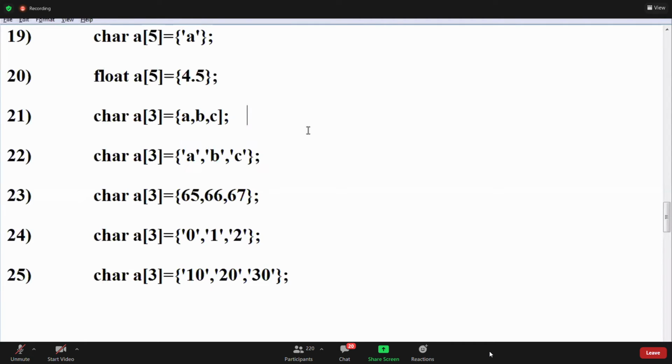The 21st one is an error because they are variables. The 22nd one is valid. What is the 23rd one, guys? Valid. 65, 66, 67 take the characters A, B, C. Yeah, this is valid. The 24th one is also valid, guys.